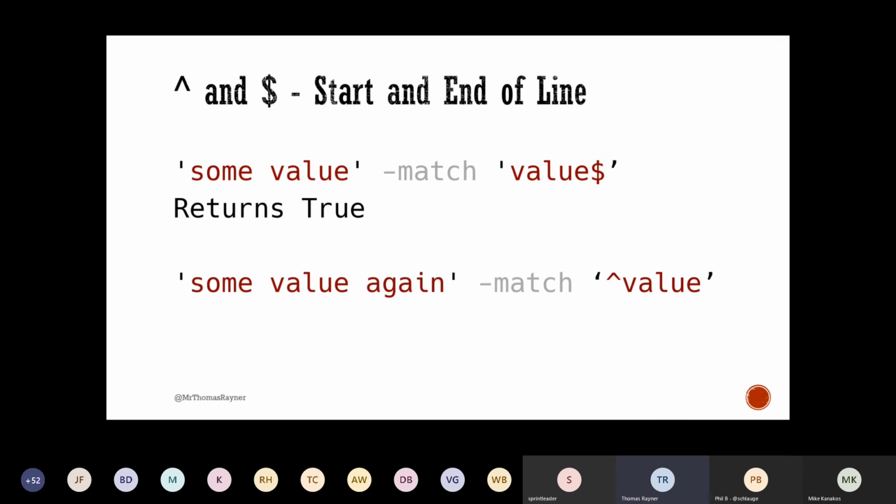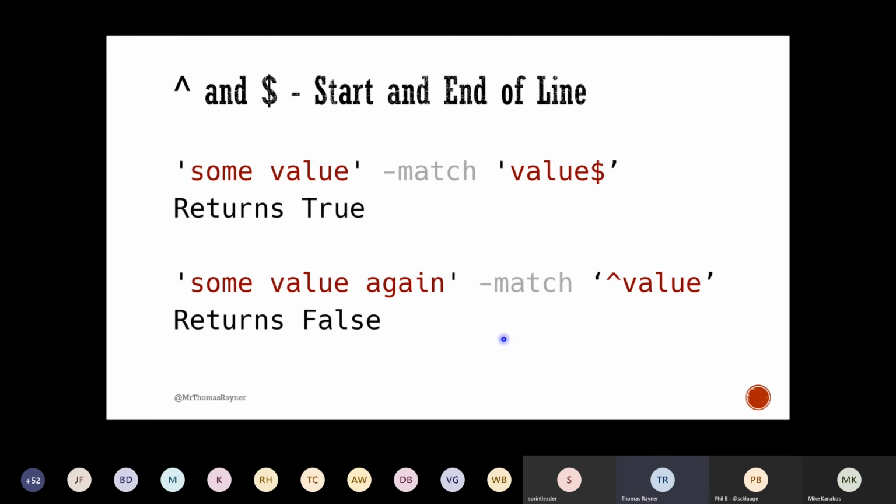In this example, we're switching it up a little bit. This one returns false because we're still looking for those characters in order, but before that, we're looking for the start of the line. That's what this caret means. And so as PowerShell is going through and performing this matching operation, it's going, okay, here's the start of the line. And then, whoop, that's not what I'm looking for. That's an S. I'm supposed to have a V that comes after that. And it just says, didn't find you.